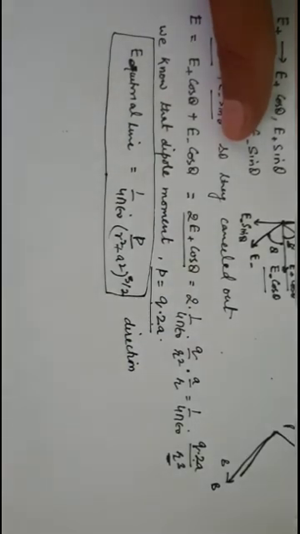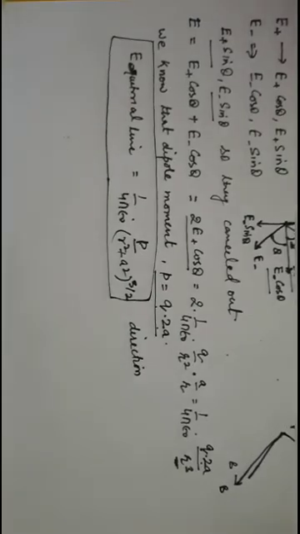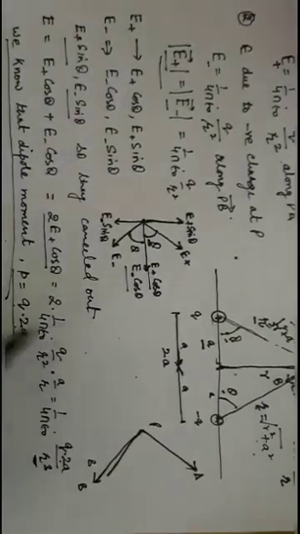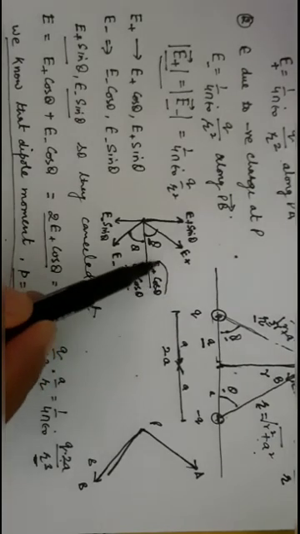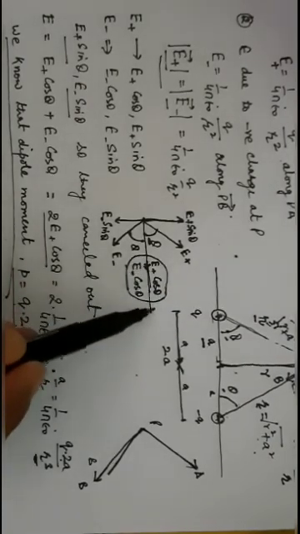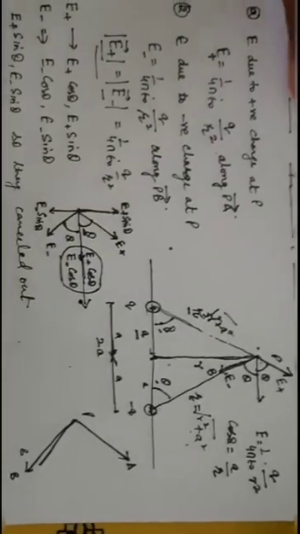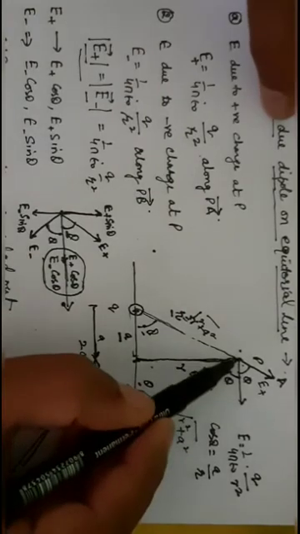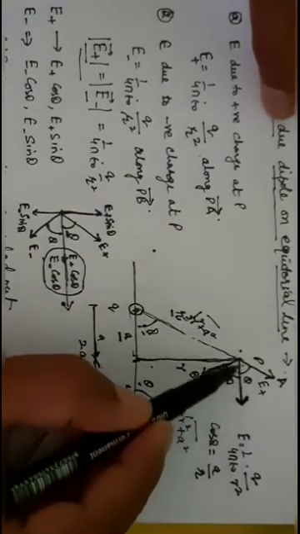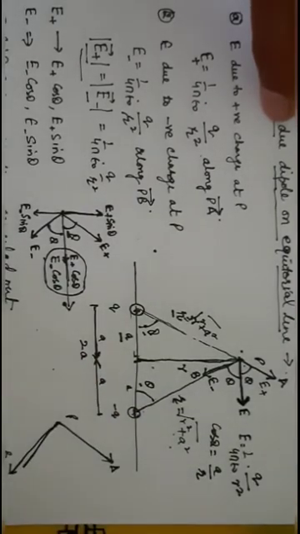The direction of the electric field is the component which is left to find out the resultant. From the diagram you can see the electric field left is because of these two components, along the horizontal line, along this direction. If you see the first diagram, the resultant electric field E is along this direction.